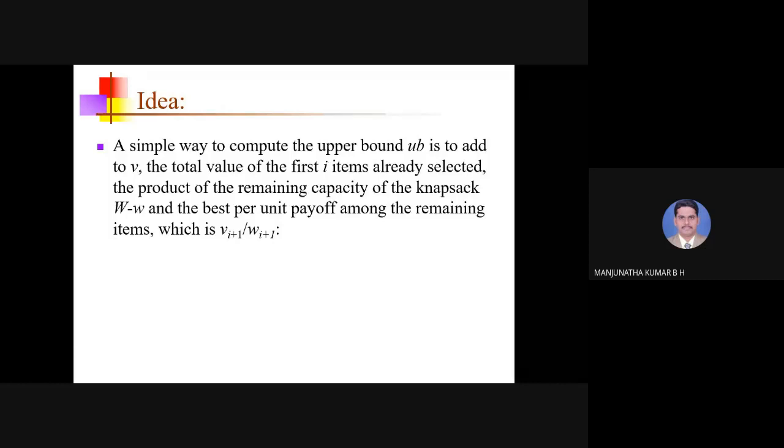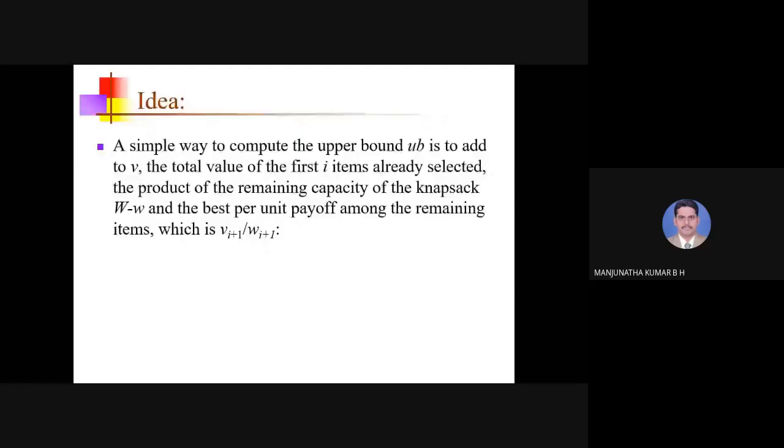Now the idea is very simple. As I already told you, you have to calculate the bound value first. Since in this problem the optimal value is a maximum value, it's not like the assignment problem. In the assignment problem, we want to solve the problem with less cost, so we took the minimum value as the bound value. But here we want the maximum profit, so you have to consider the upper bound value, that is the maximum value, as the bound value. Initially we have to calculate the bound value for the root node. I will explain how to calculate the bound value for the root node.